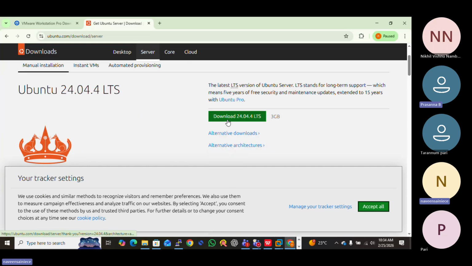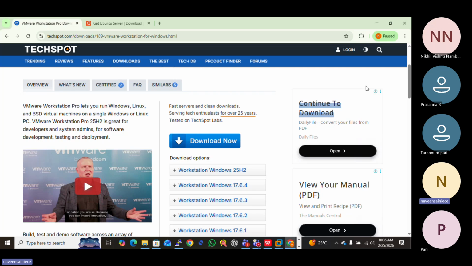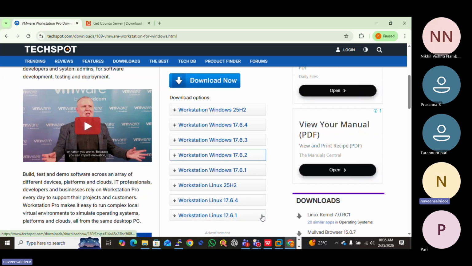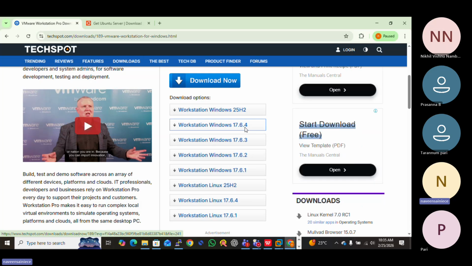This VMware is the base. In VMware, all are for Windows. You can download 7.6.4, this one, the latest one. This is the exe file of virtualization. You just have to run it, and it will install.